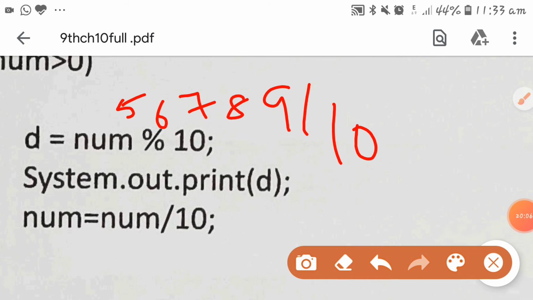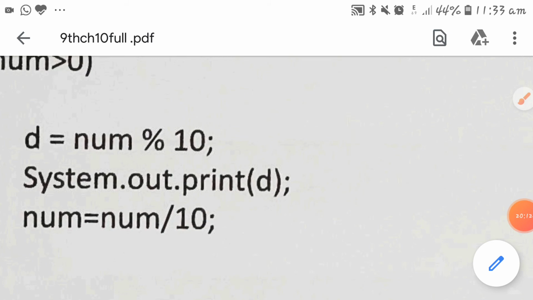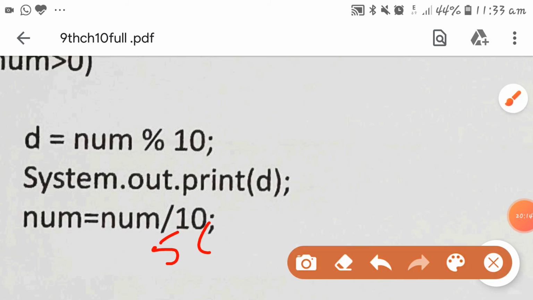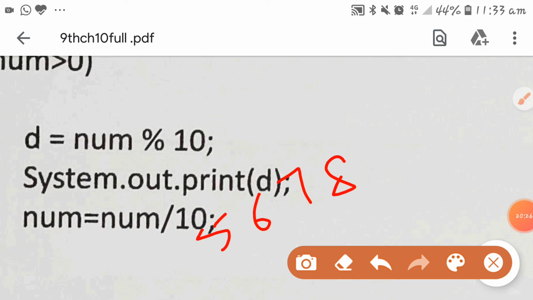So my next new number will become 5, 6, 7, 8. Okay, so this is my quotient.